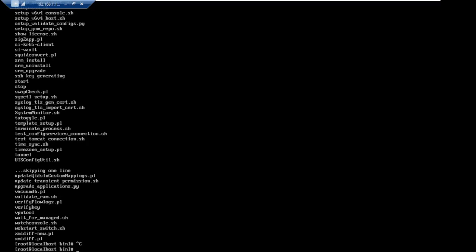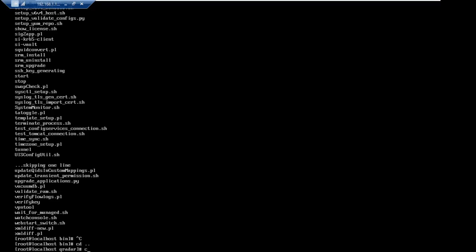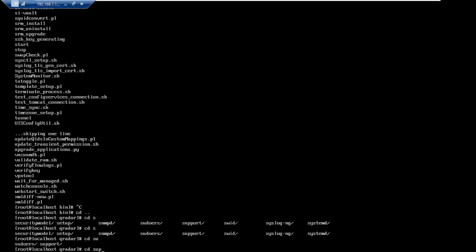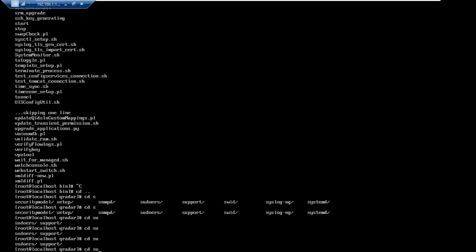cd opt support. We can change the password. cd opt, then cd curator, there will be change password dot sh. Support.